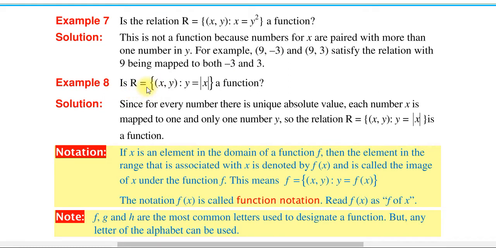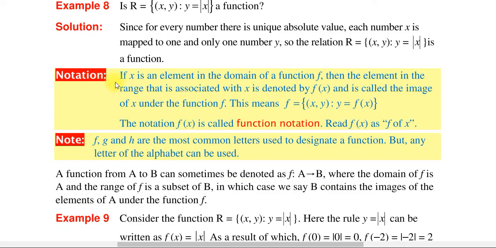Is the relation R, the set of (x, y) such that y is equal to the absolute value of x, a function? Since every number has a unique absolute value, each number x is mapped to one and only one number y. So the relation R is a function. ስለዚህ እንደዛ አይነት አገላለጽ ከተሰጠን ምንድነው እንለዋለን? ፋንክሽን ነው ማለት ነው።